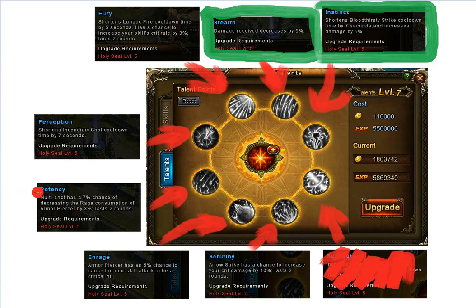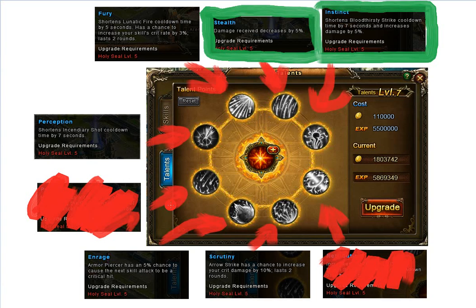Another thing I'm gonna close down is potency right here on the left side, because multi-shot coupling together with armor piercer, okay, it's nice to have, but again, you have other better choices to make, so I'm gonna close that down also. Another thing I'm gonna close down is perception right here, and because, well, it's nice, again, it's nice